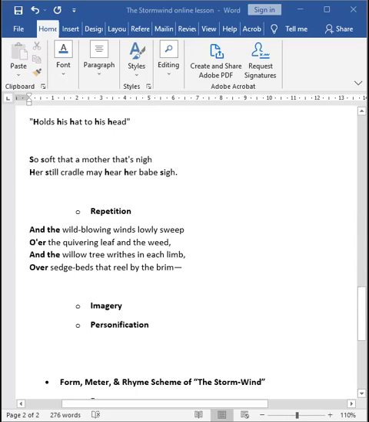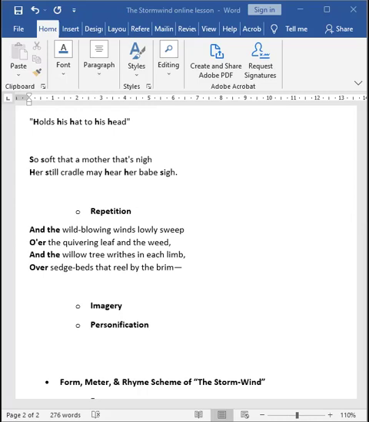The wind features a lot of repetition. The speaker begins many lines with the phrase "and the," which is an example of anaphora. I mean, we've read and studied anaphora a lot of times. All these "ands" create momentum and anticipation. The storm does this and this and this. So what next is the storm going to do? Whenever the word "and" is going to come, we're going to start waiting for the next thing which the storm can do.